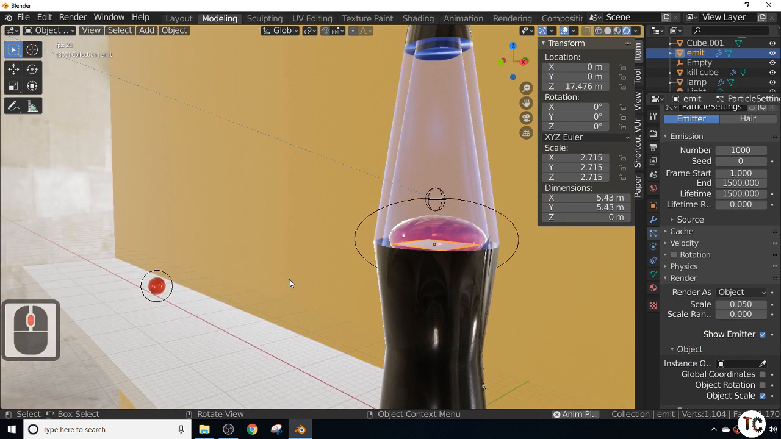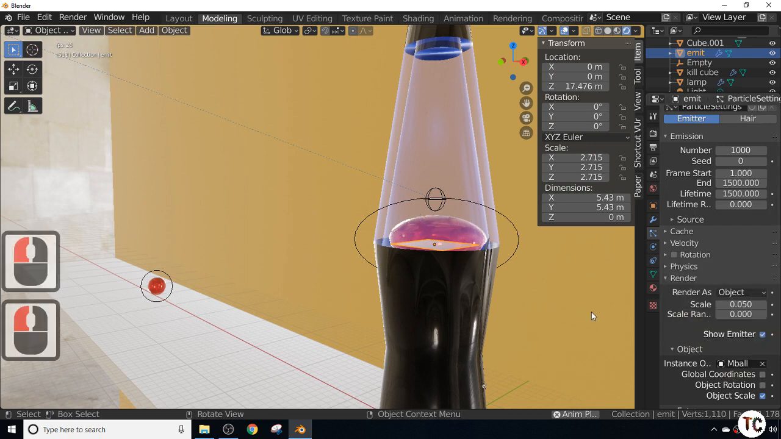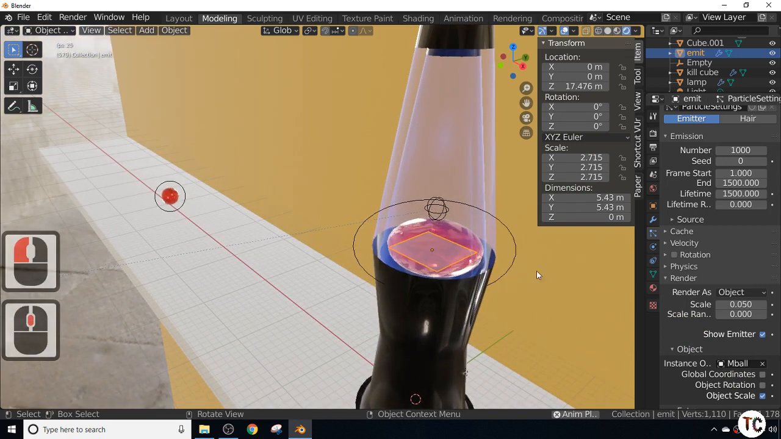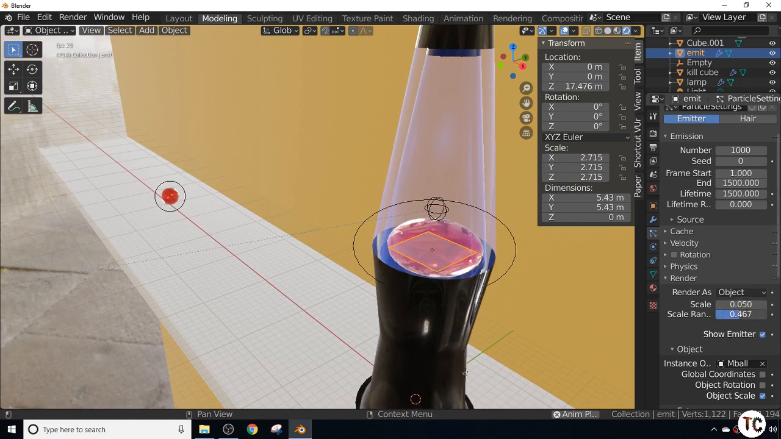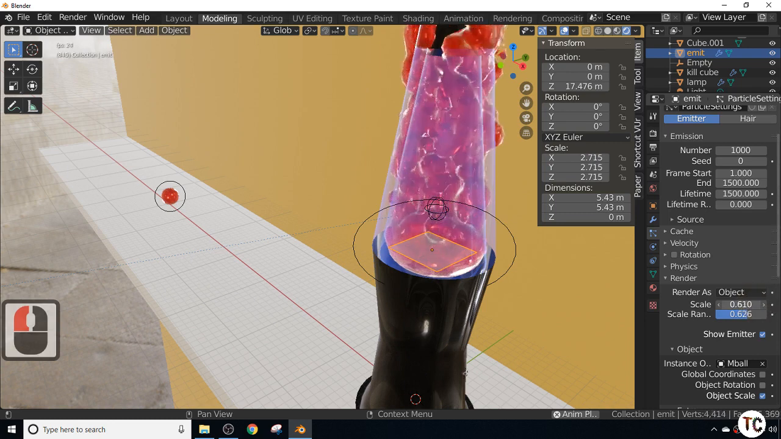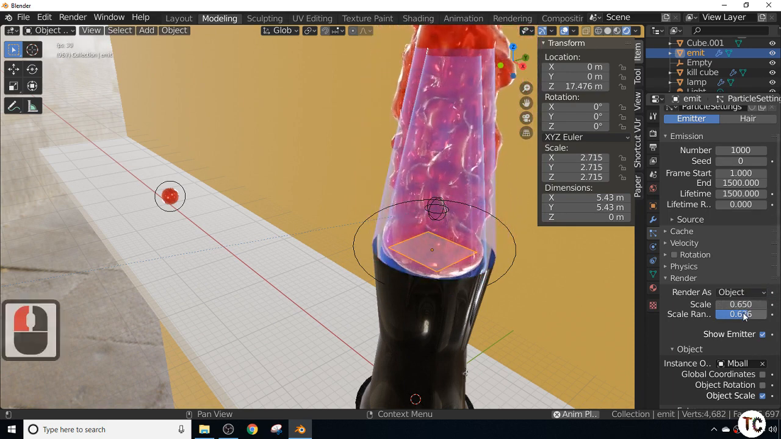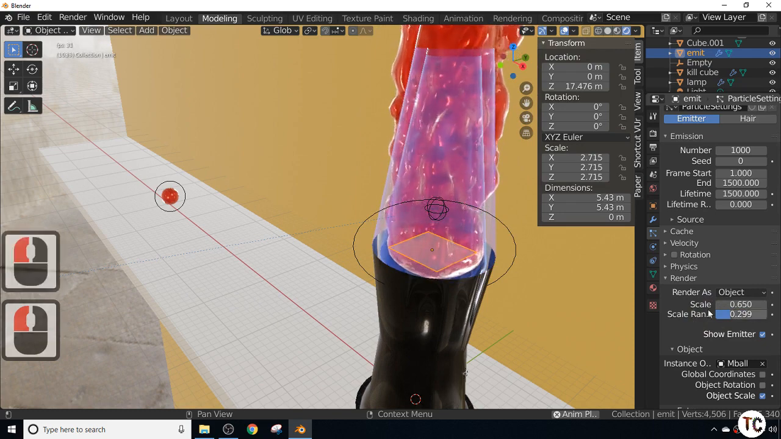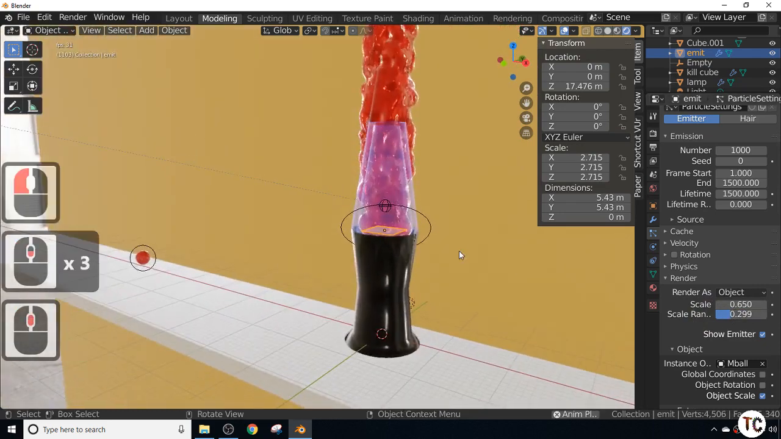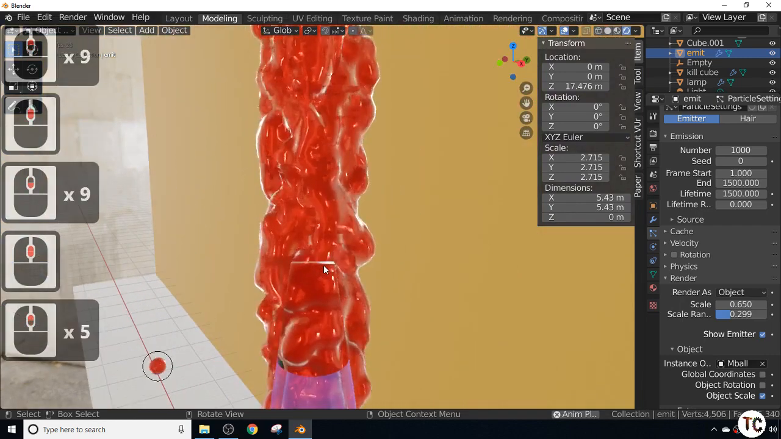The reason is because no object is being used yet, because in the instances tab here, you've got to actually select the Metaball. That's what I've just done. As you can see, it's just slightly quivering. That's because they've got no scale at the minute. So increase the scale, and the random size, and as you can see, it's now looking just like lava coming out of the lamp,